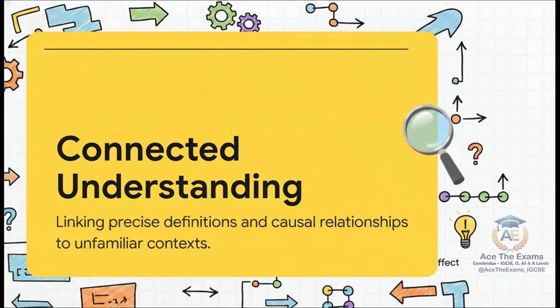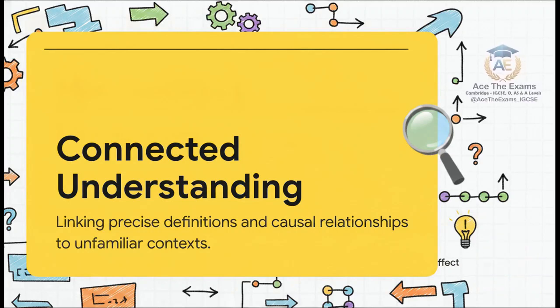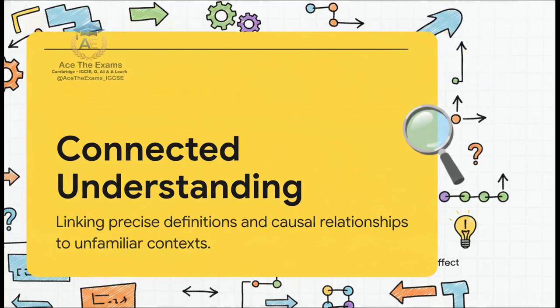Your point is your initial clear argument. Your evidence is a hard technical fact. For example, the fact that linked lists use dynamic memory allocation. Your explanation details the why, how this dynamic allocation actively prevents memory wastage when the queue size fluctuates. And finally, your link ties it directly back to the highly specific scenario in the exam prompt. This perfectly maps out the causal relationship of the pointers and proves to the